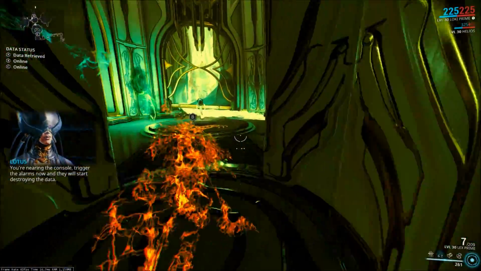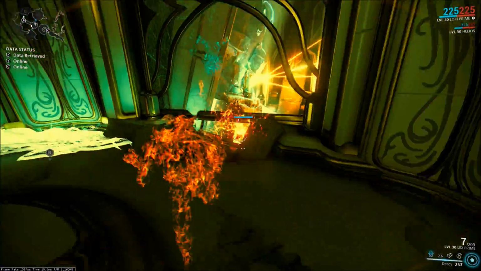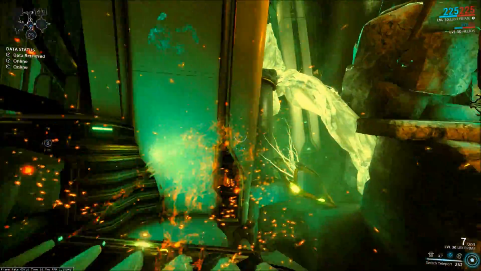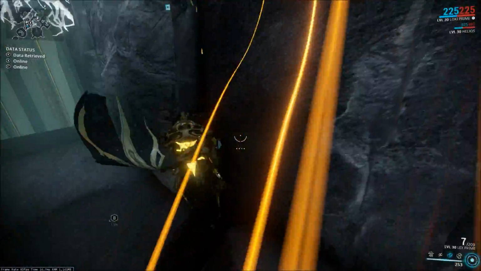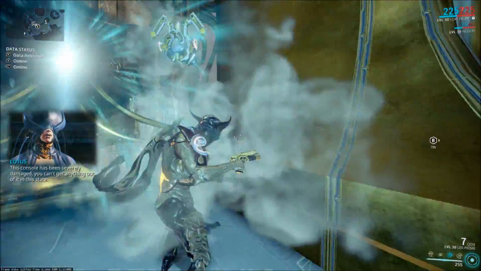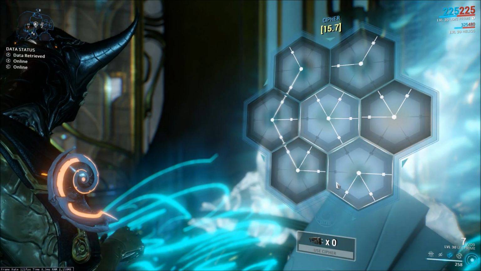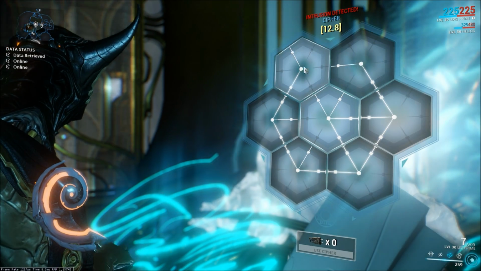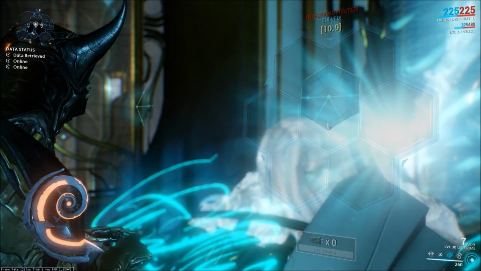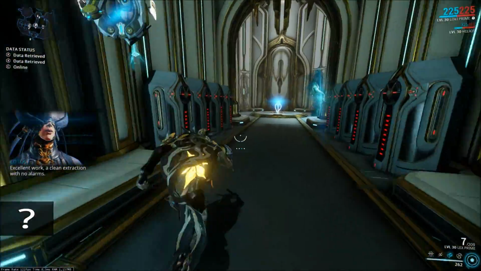Alright, moving on to B. So this is the one that Loki can just skip. Throw a clone, switch with it, head up here. Here's the console, here's the portal. And there we go. And that's how you do this with Loki,